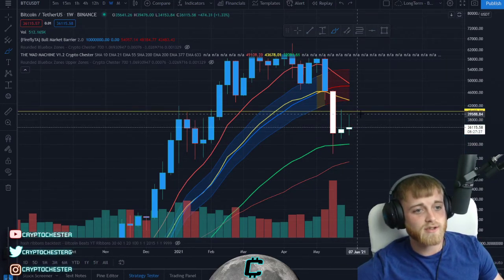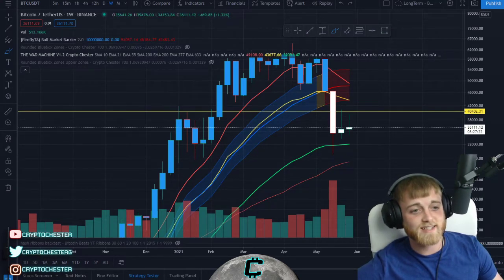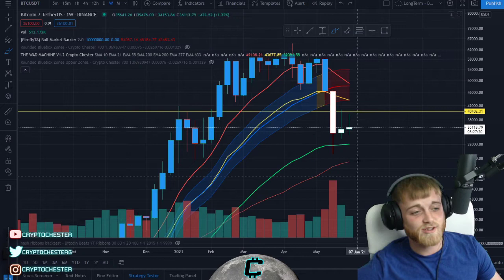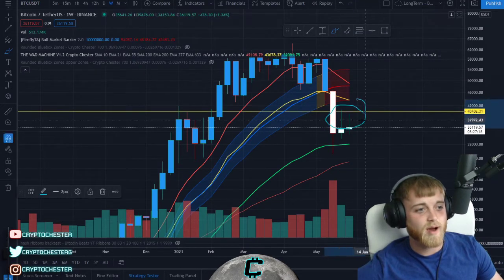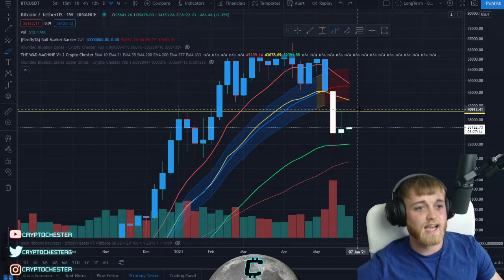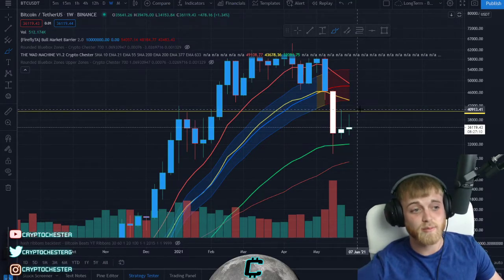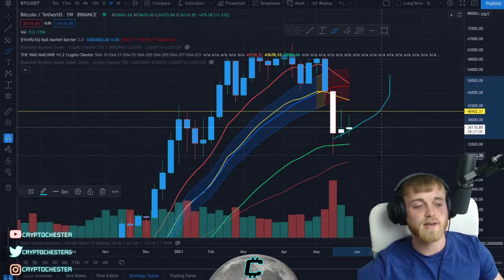40,400 zone. I mean, ideal scenario, right? Absolute ideal scenario for the weekly here in the next 8.5 hours, which I don't think it's going to play out, would be to come up and get above this previous lower high point here, and that is sat at around that 40,900. I mean, I'm not saying we're going to get there. I just think that would be the ideal scenario if we are looking at a complete reverse in the trend.